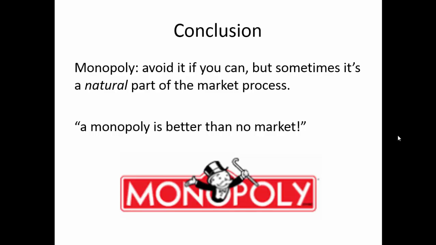So in conclusion, we can say that monopoly should be avoided if possible. And if we can have competition, we should go ahead and have it. Those artificial sources of monopoly, like the postal service or the lottery, are maybe the inefficiencies that we could do without. But in some cases, such as natural monopolies or highly talented individuals with unique assets, that's maybe a natural monopoly for which the alternative is not having a market at all.